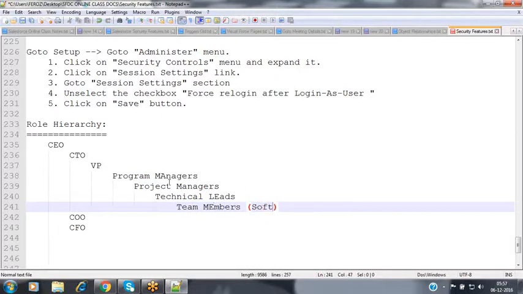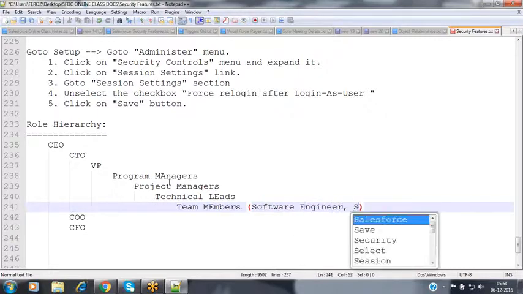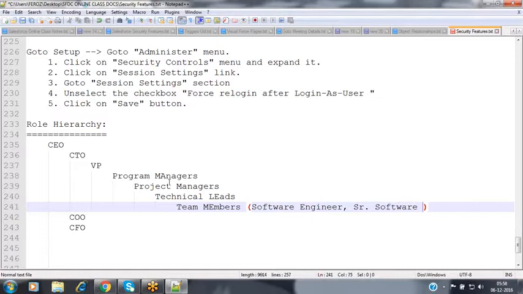They may be software engineers, or senior software engineers. Like that, every organization has a set of designations.